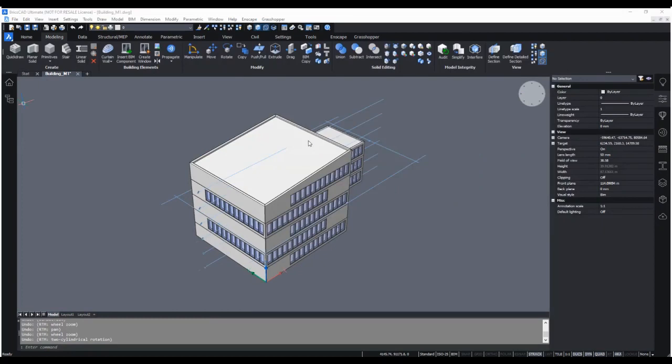Next up are BIM sections. The Define Section tool allows you to create a cross-section in your BIM model and view the interior details. We can access the Define Section tool from the Modeling tab of the ribbon. Over here towards the far right,